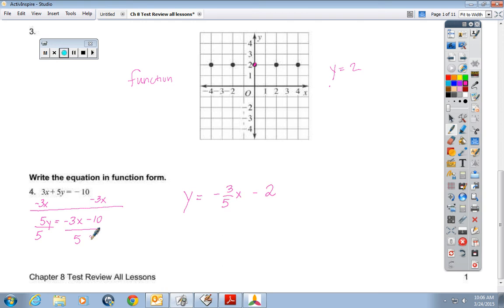Now you could have written plus negative 2 here. I know that the problem doesn't tell us to do this, but what does all this mean? What is the number in front of x? Slope. So is that line positive or negative? Negative, because the slope is negative. We would fall 3 and